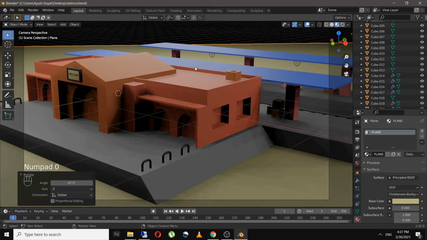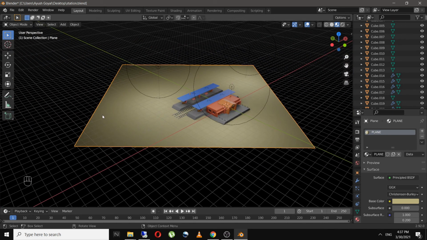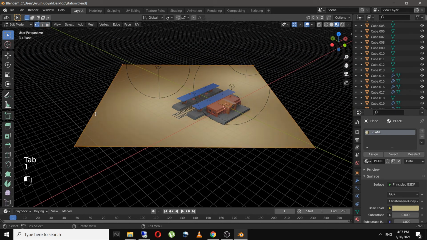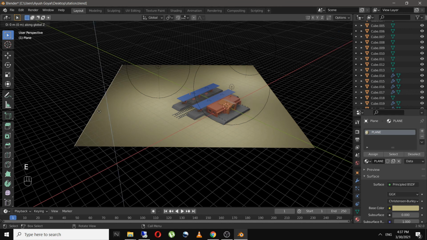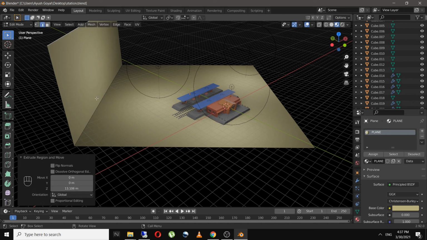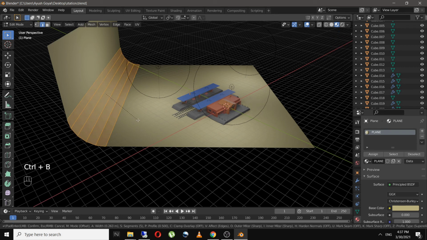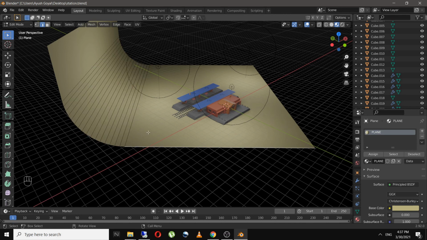Okay, and in edit mode I will select this edge and extrude it on Z axis. And now I will select this edge and bevel it, something over here. So this will create an infinite plane and it will look pretty amazing in our scene.